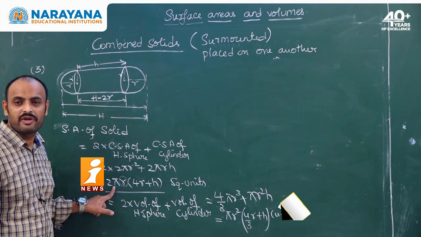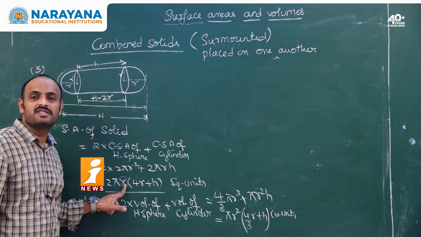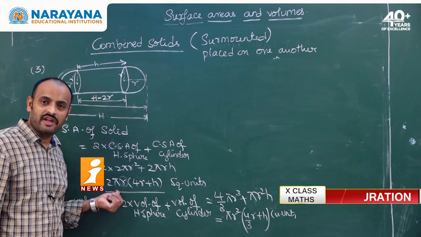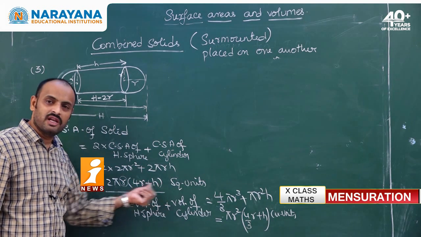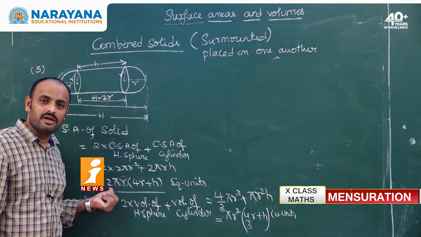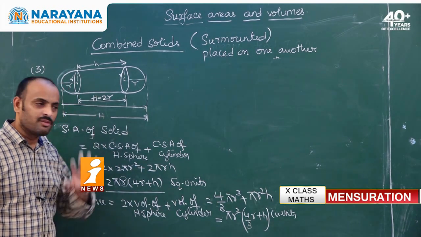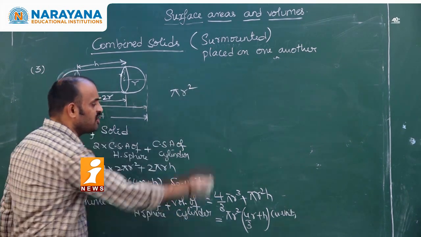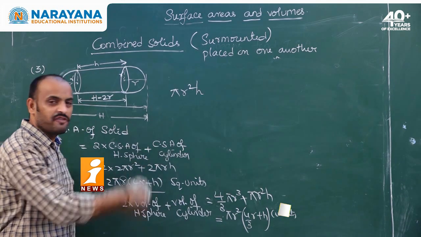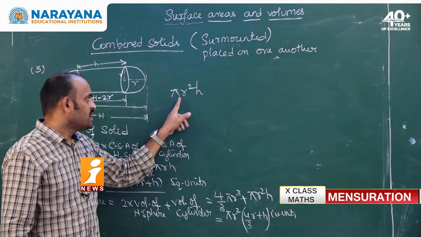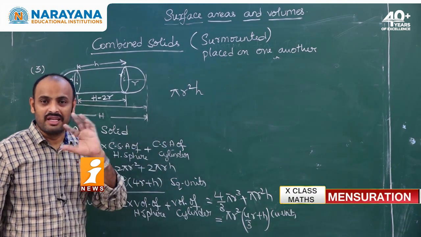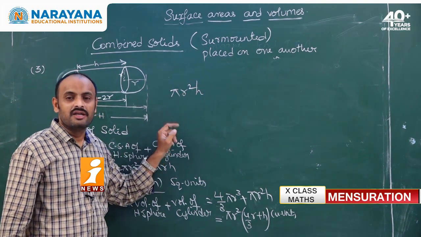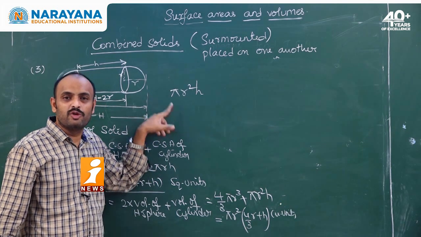So why do we have to go for 22 by 7? Because 14 is divisible by 7. Then we don't have any fractions. We will get everything in one line. We can do it very easily. For example, we are going to find the volume of the cylinder, pi r square h. In this case, r is some 10. What is r square? 10 square? 100. In that case, don't go for 22 by 7.